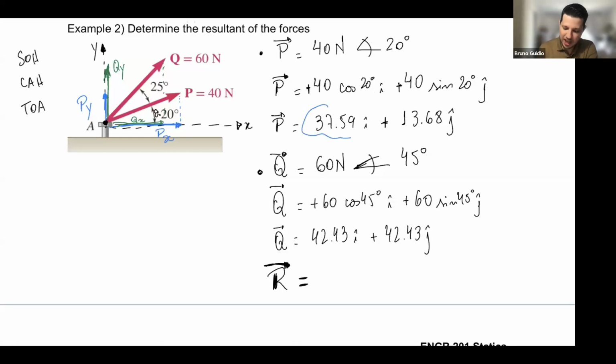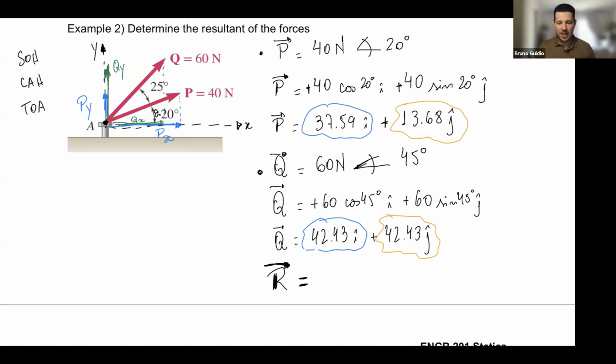I like to say apples with apples, oranges with oranges. That's what I'm going to sum: x, x, y, and y, also respecting the signs. Here, both Px and Qx are positive. If one of them was negative, I bring the negative together. In this case, once I sum it, it's going to be